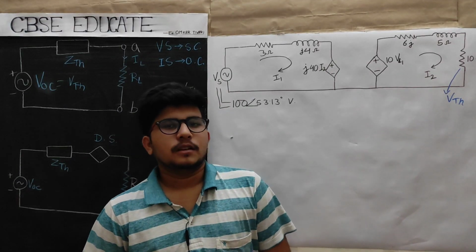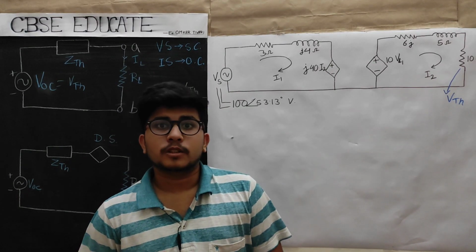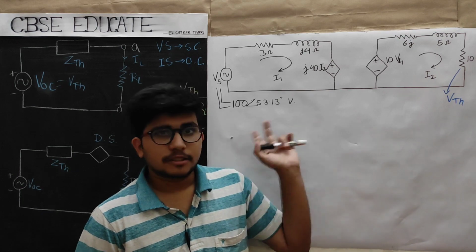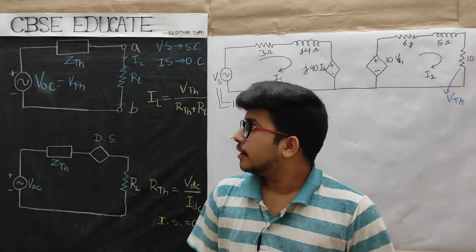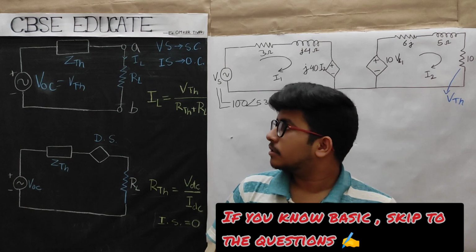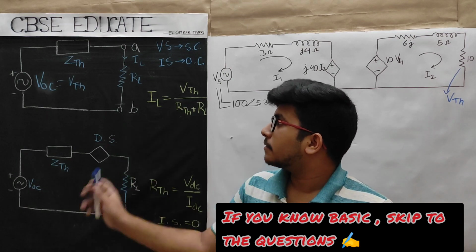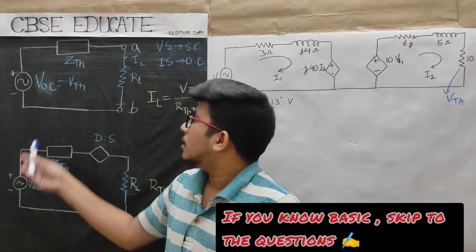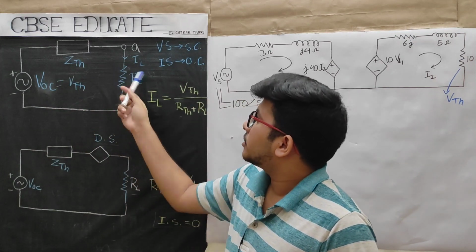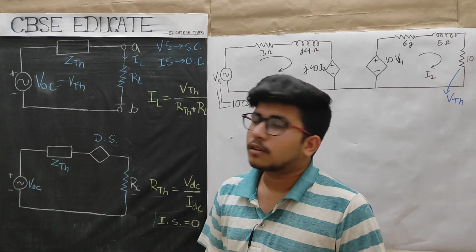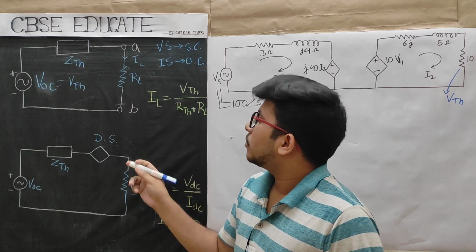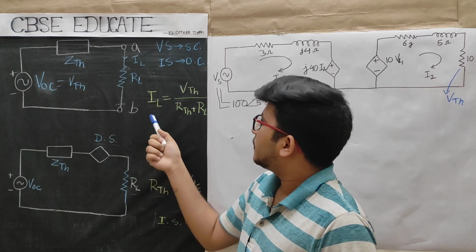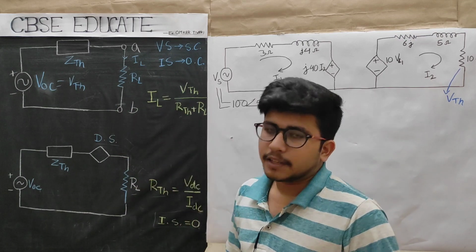Today we are discussing Thevenin theorem, and some questions which have generally been asked in GATE. Before discussing those questions, let's come to the basic part of the Thevenin theorem, in which suppose there is a load resistance across which the current is IL. The formula for the Thevenin theorem, as you all know, is IL equal to VTH by RTH plus RL.